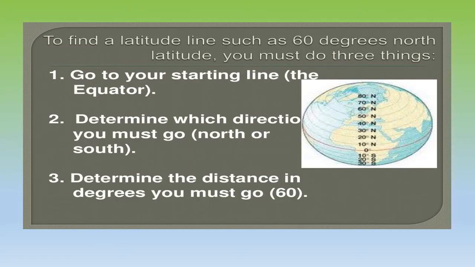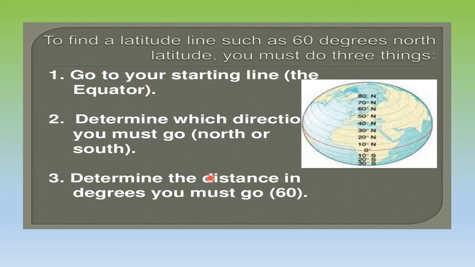Now again we'll understand why writing N and S is important. Suppose I ask you to locate 30 degree. Now, what 30 degree? It could be part of the southern hemisphere, it could be part of the northern hemisphere. But if I ask you to locate 30 degree north, you will understand that I have to go to the northern hemisphere. So that gives clarity in determining the location of a latitude or a place, because we finally use them to locate different places.